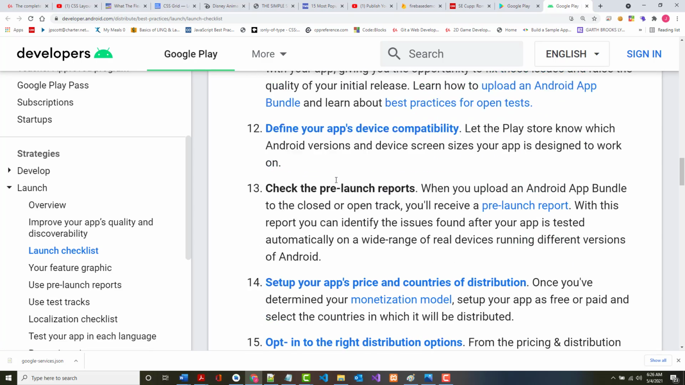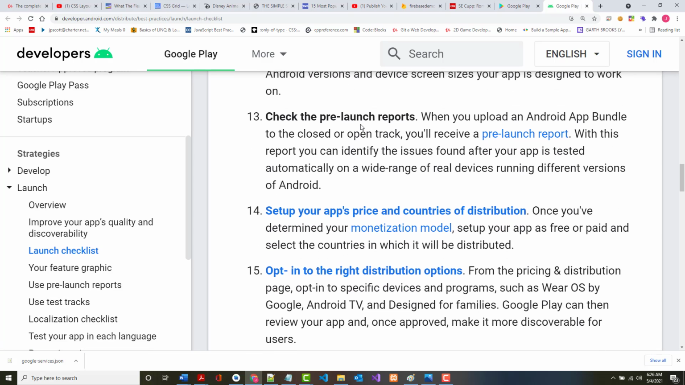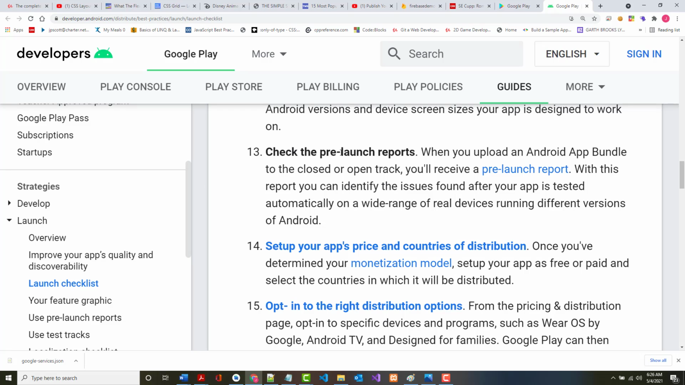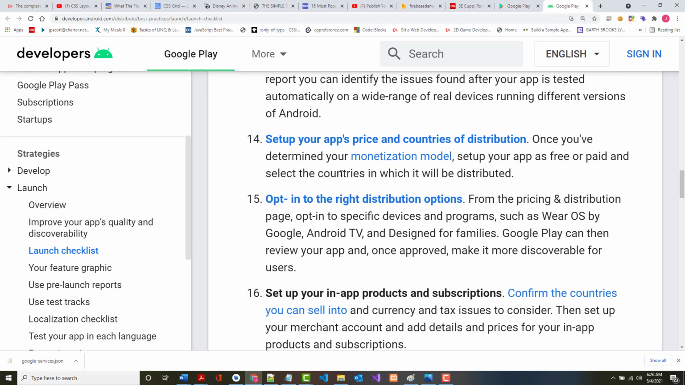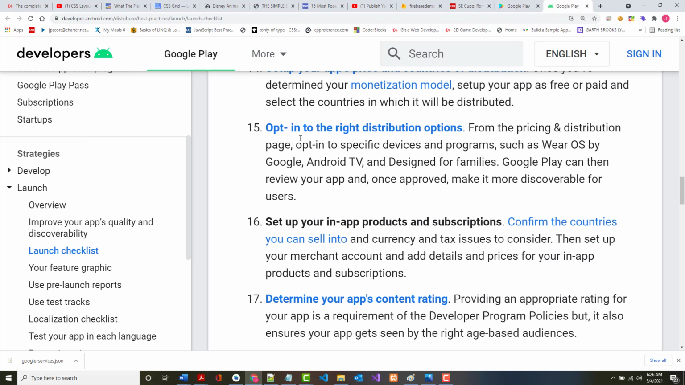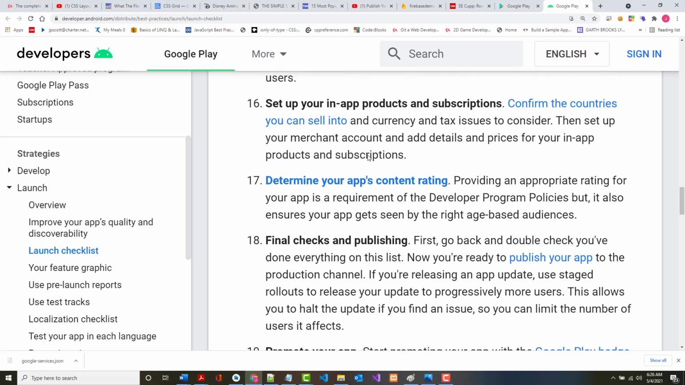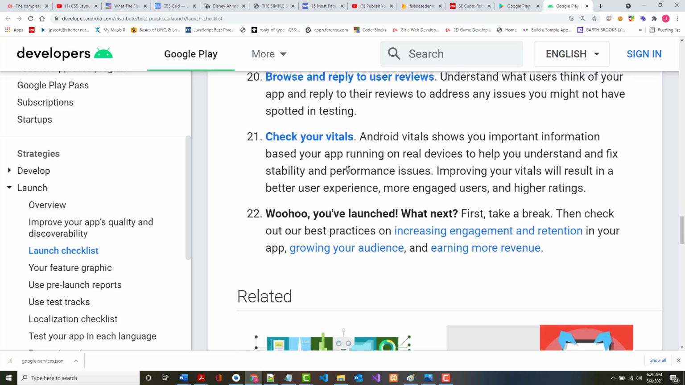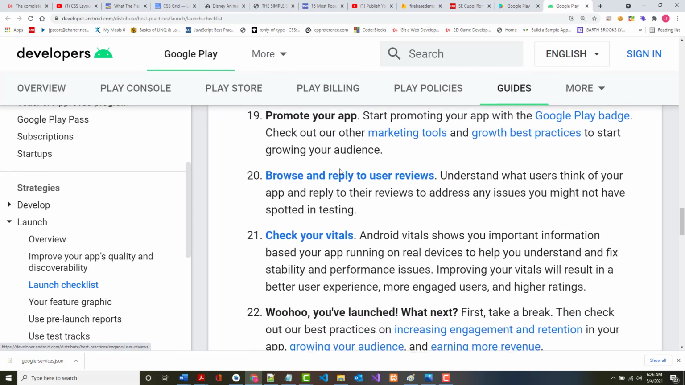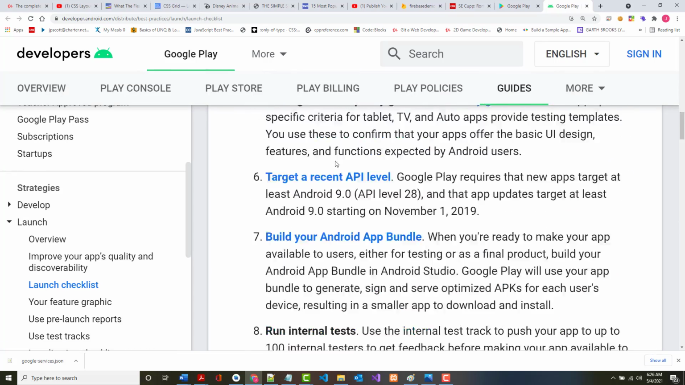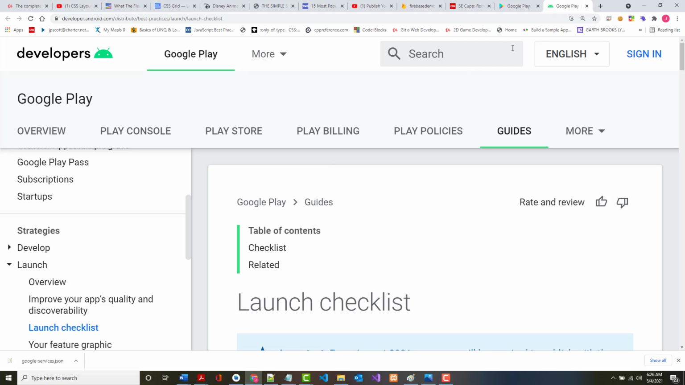All right. You can check the pre-launch reports, so you can actually use Firestore to run your app, and it'll go and it'll run. It'll say where it's bound to blow up, etc. Okay. Set up your app's price and countries for distribution. Opt in. So notice, there's about 25 steps in here. All right. So I'd strongly recommend that you take a look at this in more depth and breadth of coverage